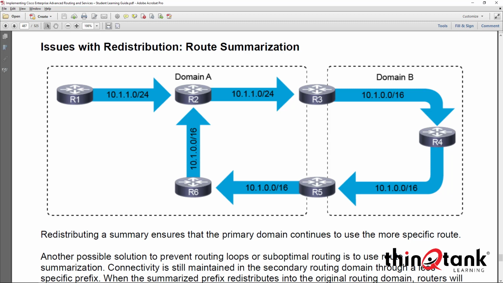The diagram doesn't really depict this, but if for some reason the 10.1.1.0 network was lost from router 1, but maybe it was sourced from a different location, we could still use that. Or if for some reason the 10.1.1.0 network disappears, but there are other networks within the scope of the summary, we could still reach that summary through router 6 or router 5 and so on. So again,